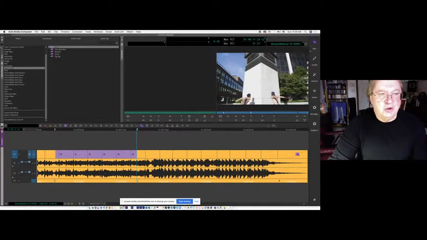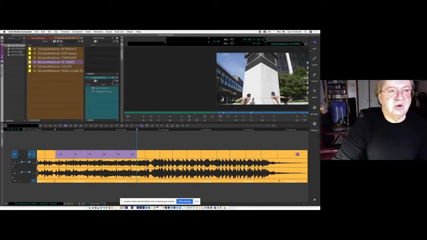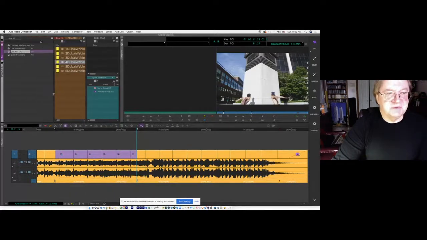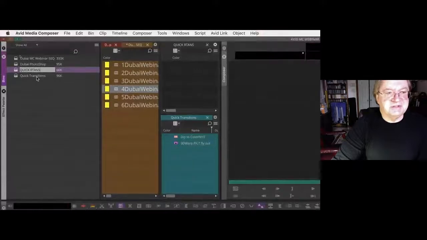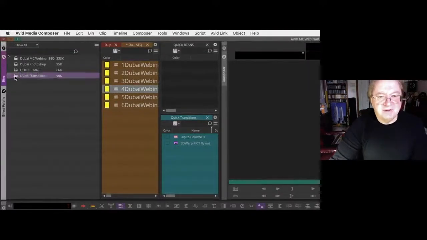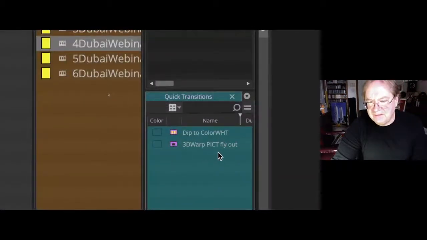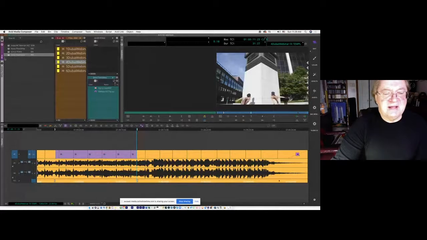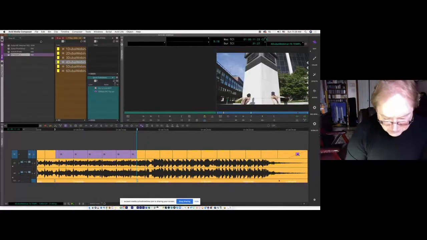Now, notice this. I have a bin called quick. What's this for real estate? Transitions. Do you see that? Quick transitions. If I open up that bin, there should be stuff that is of significance. Whatever the quick trans is there, nothing in that, but the quick transitions have a dip to white and 3D work. If I rename that, and this is what the renaming was, FX templates, because that's what we usually call it,